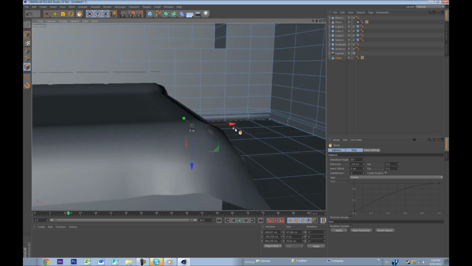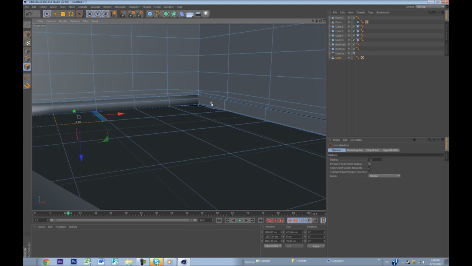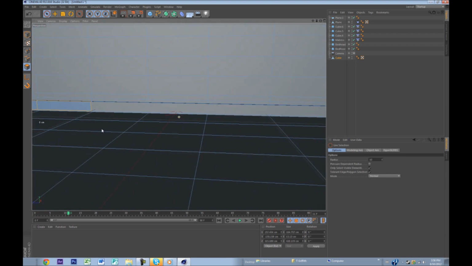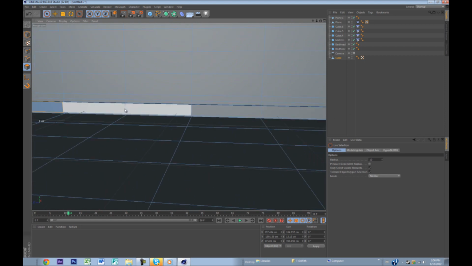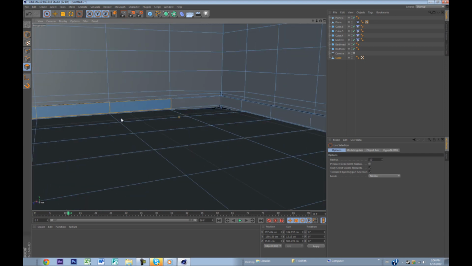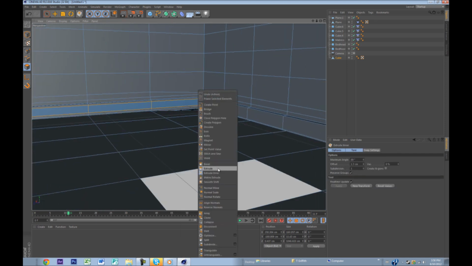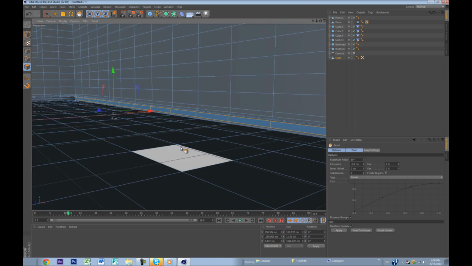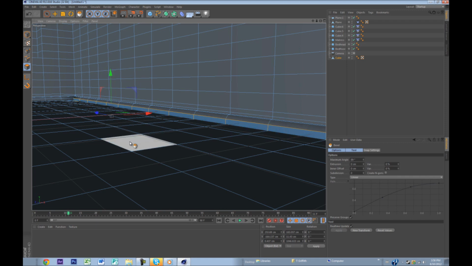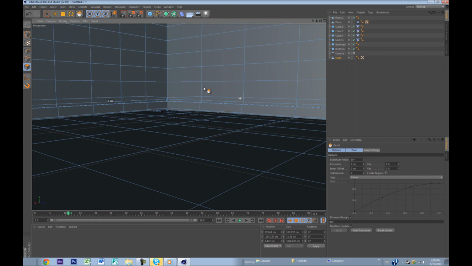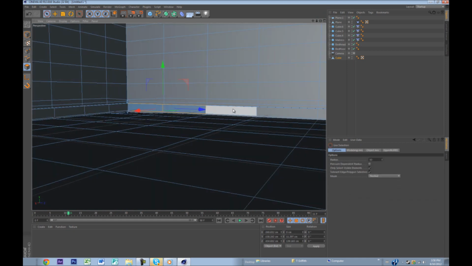But that's what you can do on all sides, and I may just do that quickly. It's not going to take that long, and I won't do the back wall either. So boom, boom, and you just do it for all walls. Extrude inner, bevel, go to your arrow, you just drag it out a little bit, and then you drop it. And then you just do it to the next one, just by going up to live selection tool again, clicking on all of them,